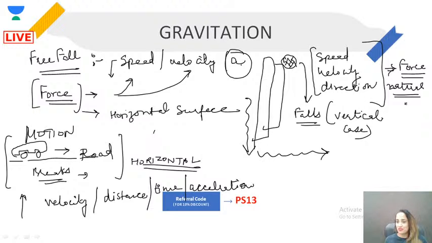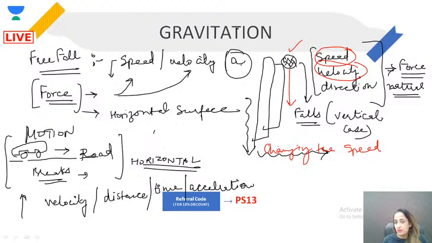What do we call that natural force? Because if the objects are falling down, if let's say this object or the ball over here is falling down, and its speed is changing, okay, velocity or speed, I'm just interchanging these two, otherwise it's velocity because it has direction, right? If it is changing, that means there is some force acting on it, which is pulling it down. Here the object was at rest, and as it's falling, its velocity changes, and if its velocity is changing, that means there is some kind of